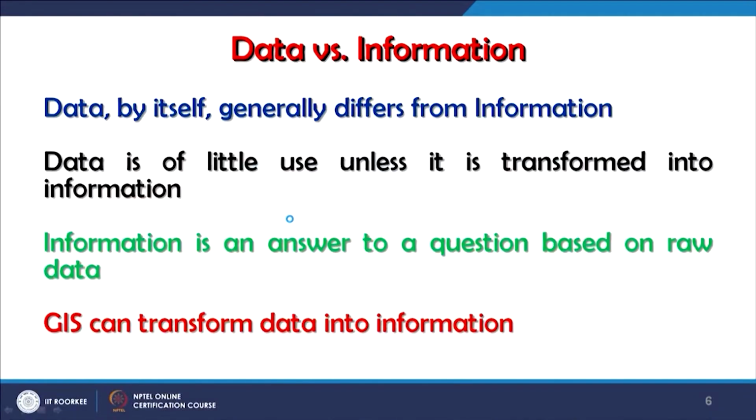Now GIS is capable of transforming your data into information. Because it is a computer based information system, it can do a lot of analysis on spatial data. Someone might say there are database management systems, or CAD/CAM software like AutoCAD. No, they don't have the database, they cannot handle spatial data. GIS is the only unique platform which handles spatial data, data which has a geographic location. That data can be used, analyzed, and transformed into information.